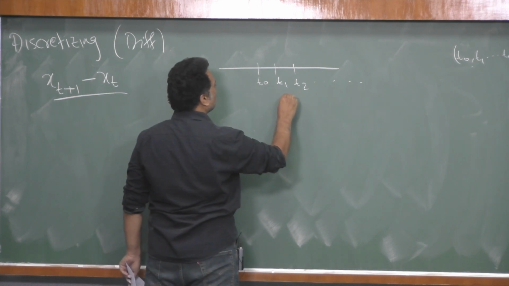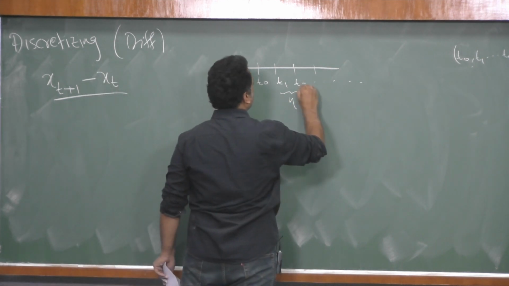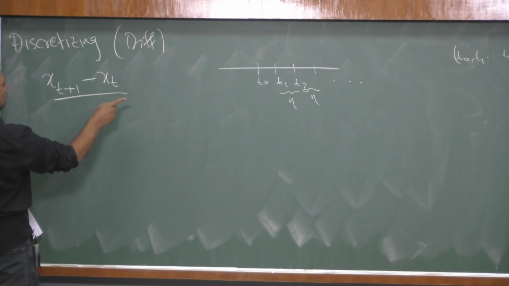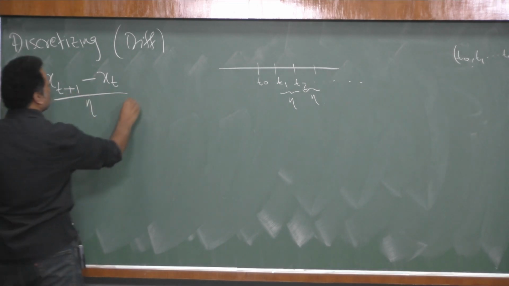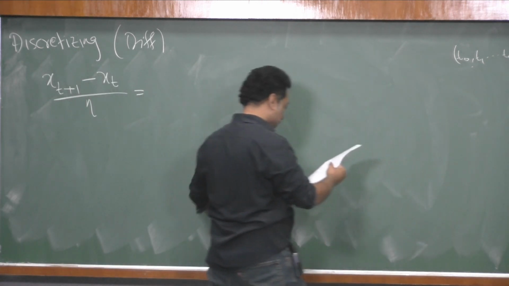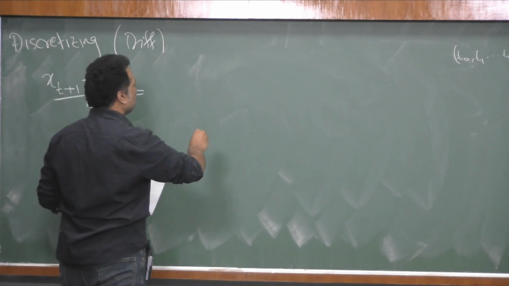Then the distance between each of these is taken to be eta, and it is uniform, so all are eta. So the time difference between these two times is eta. This must be equal to, with everything going on the right hand side and making it negative, this is equal to minus